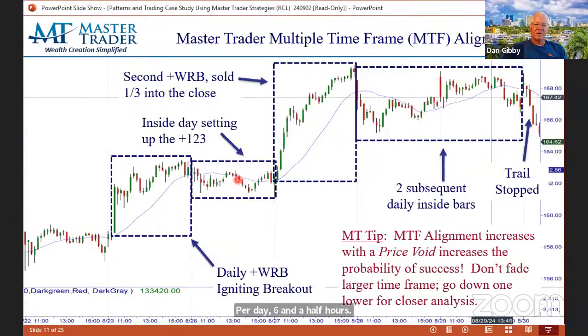So these first 3 rectangles are showing 3 full days. Remember the 1, 2, 3? This was my igniting bar. I have it typed right here. This is my inside bar setting up the 1, 2, 3. This is my entry the next day, right in the first half hour. It triggered. So this would have been a fantastic setup for swing trading, which we did, but we also have